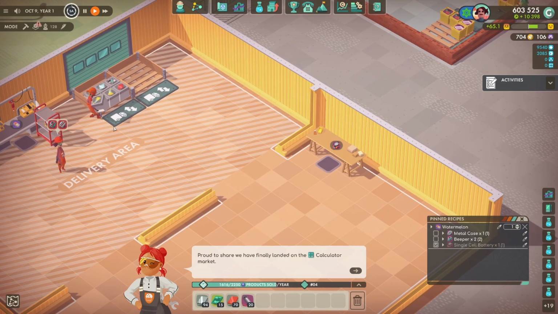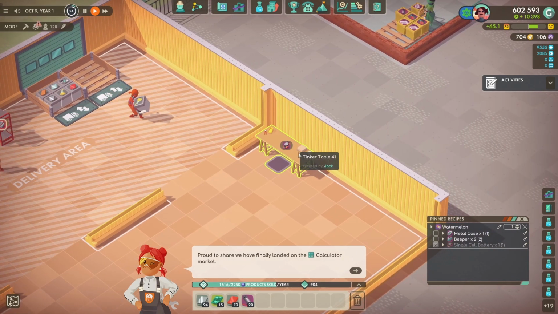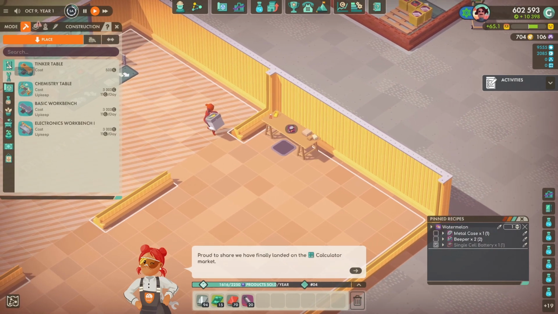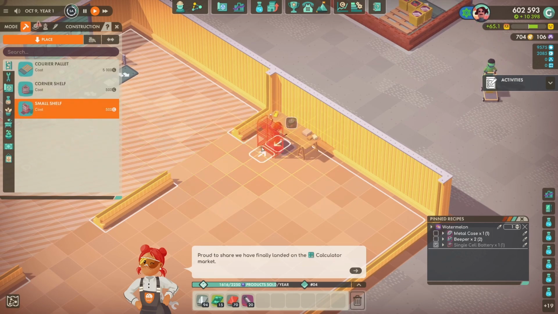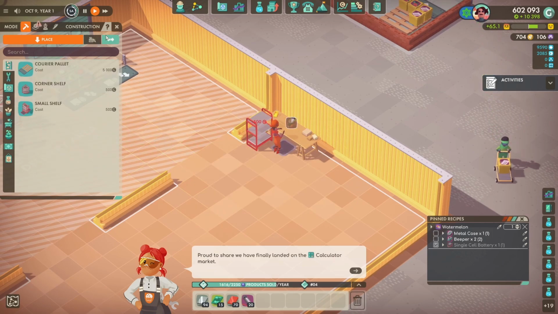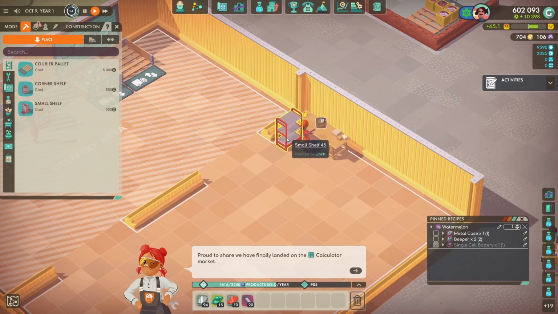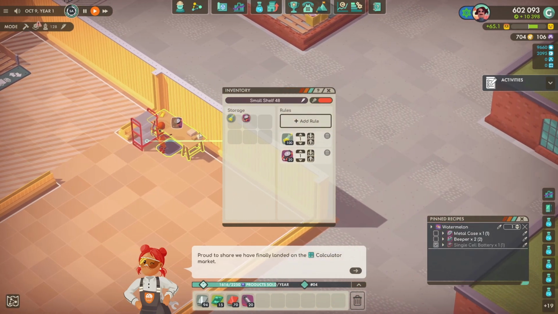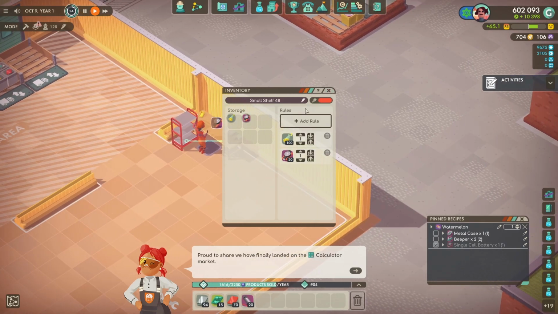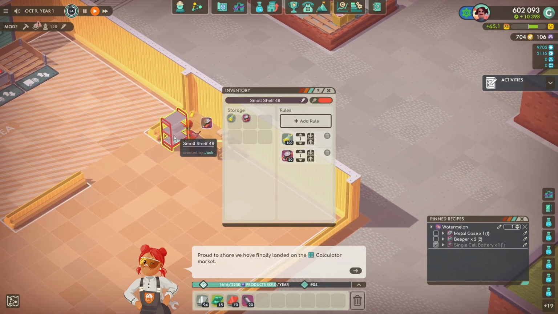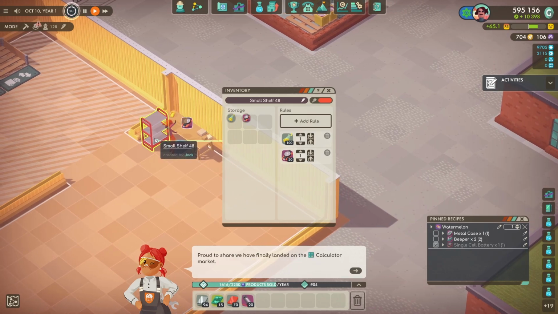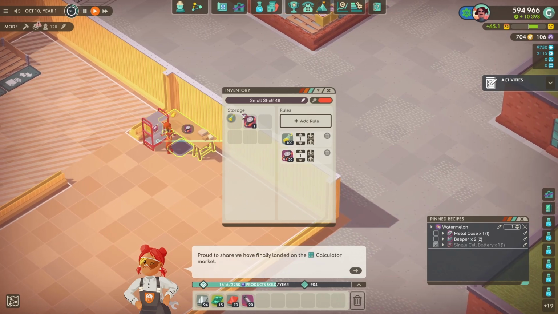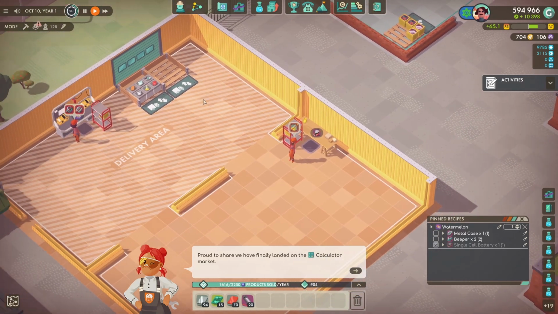Now it's not ideal. We don't want them walking around. We want them at the table actually producing. So this is where our shelves come in. So let's put a shelf down there, and the game will work out automatically what needs to go on this shelf to supply this table. So we need to get chemicals onto this table, onto this shelf, sorry, and then the batteries, when they are made, are going to go onto that shelf. However, how do we move